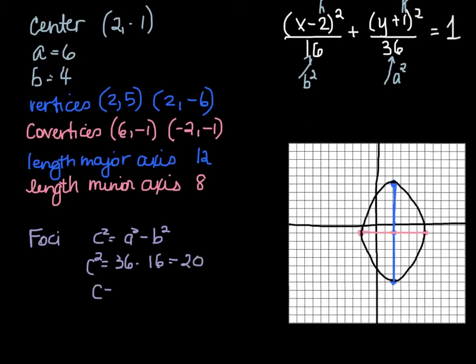So c is plus or minus 4, 2 root 5. I leave my foci in simplified radicals, but obviously I need to know approximately what that number is. So 2 root 5 is approximately 4.5. So I'm going to come up 4.5. That's the distance from the center to the foci. So I'm going to come up 4.5